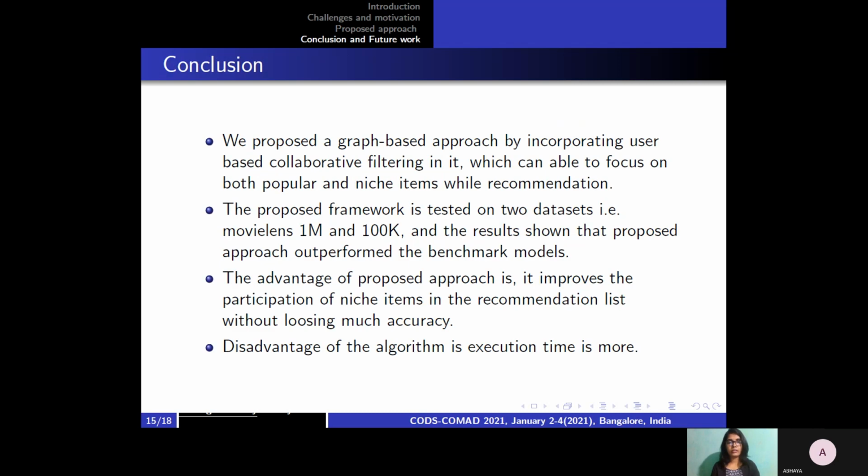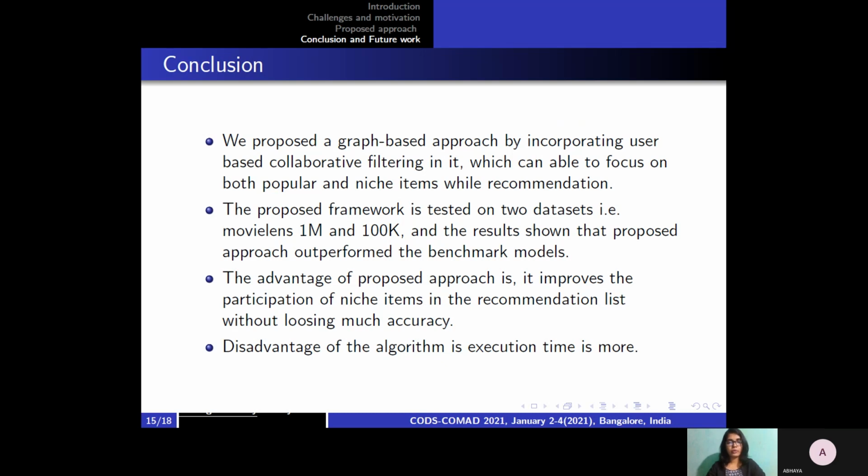Conclusion: here I would like to conclude that we proposed a graph-based approach by incorporating user-based collaborative filtering in it, which is able to focus on both popular and long-tail items while recommending. Our approach is tested on two datasets, MovieLens 1M and 100K, and the results show that the proposed approach outperformed the benchmark models.